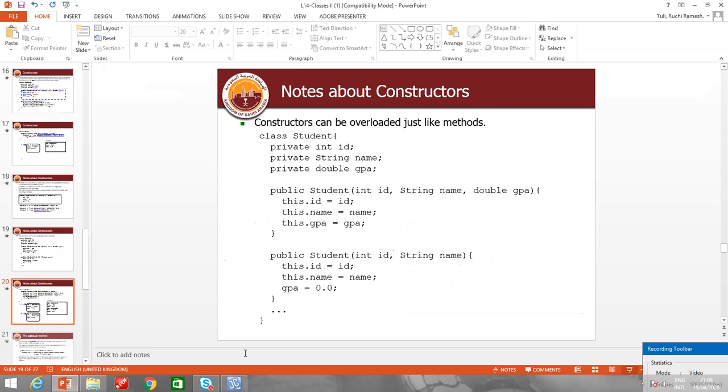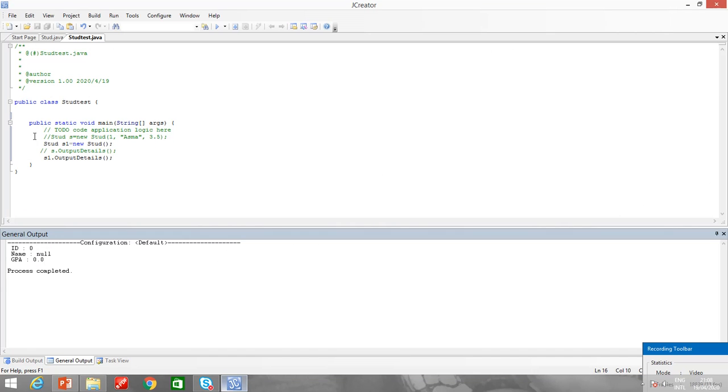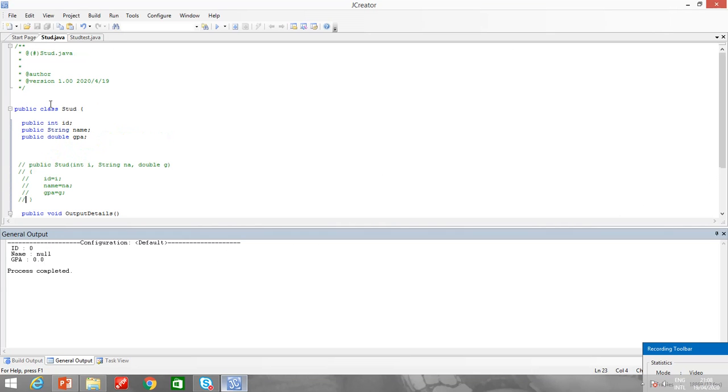Similarly, I can do it over here also, let me just show you. I created a default constructor also, if you can see in the last example. So that was an example of the overloading.